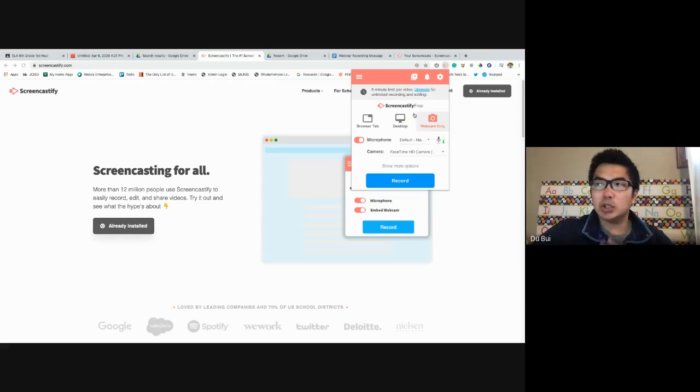And I'm just going to show you the desktop option. And when I click on desktop, I've got 2 additional options at the bottom. I've got my microphone, which I can turn on and off. And I can see it's working if the bar on the mic icon here is green or going up and down. That means my mic is currently working. I can embed the webcam. If I click on embed webcam, it's actually going to show me my face right in the recording,